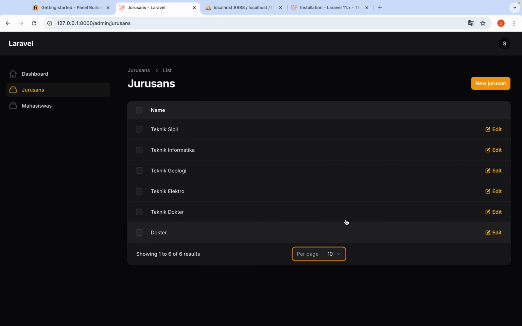Page 1 is for, but we only have 6 majors. Filament only shows 6 majors. The max length is 10. If you want 25, if you want 15, and so on, it depends on you.